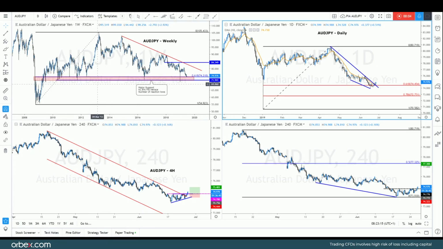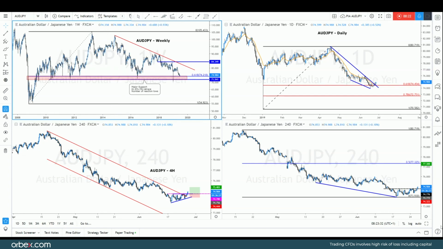It's Tuesday the 26th of June and today I'm going to run through a potential developing opportunity in Aussie Yen. Been following this pair for a number of weeks, waiting for an opportunity to try and play a counter trend move. I'm going to run through a multi-time frame approach here, so I'm going to start off with a weekly